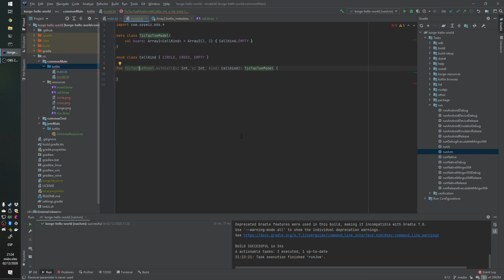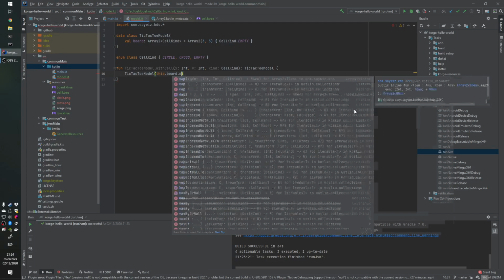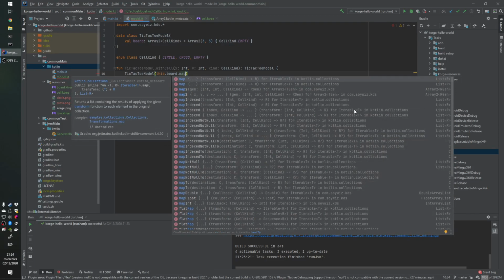Tic-Tac-Toe. It was like that, or Tic-Tac-Toe? No, maybe like this. I don't remember, but I think it's written like this. So now I'm going to generate a new model by using the previous board and mapping